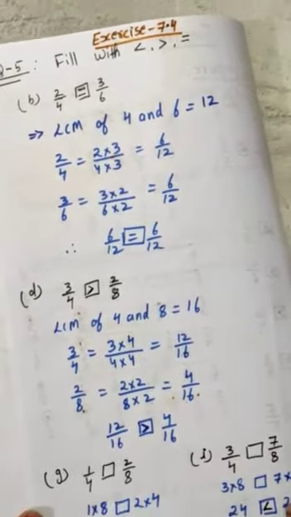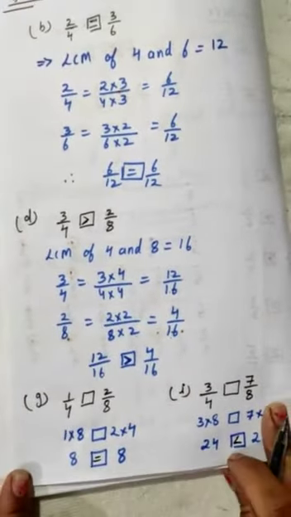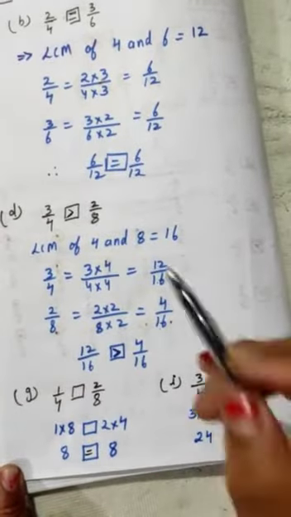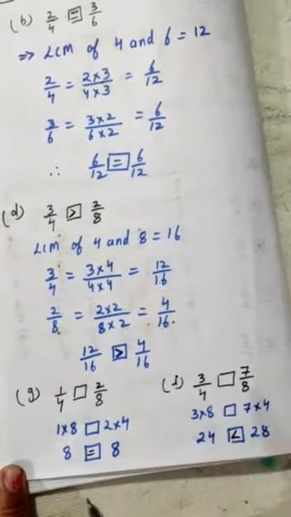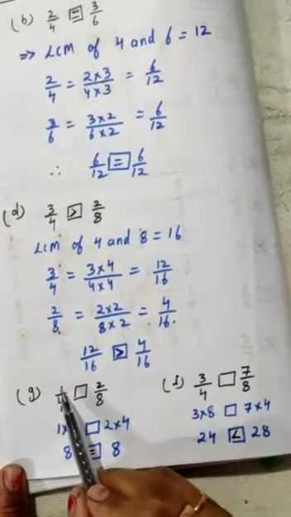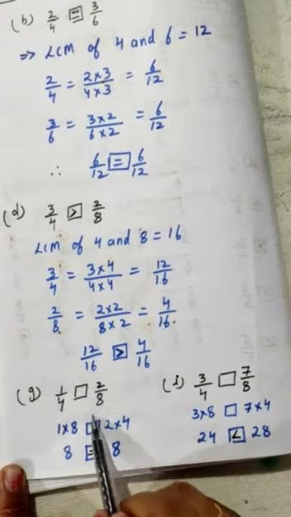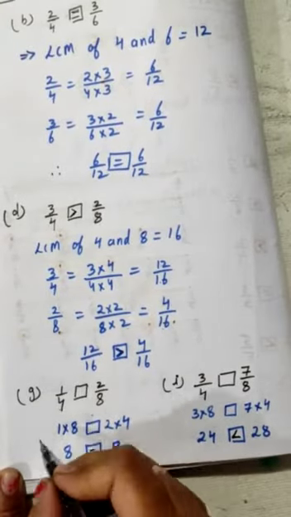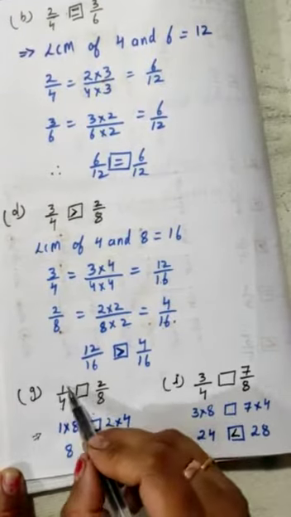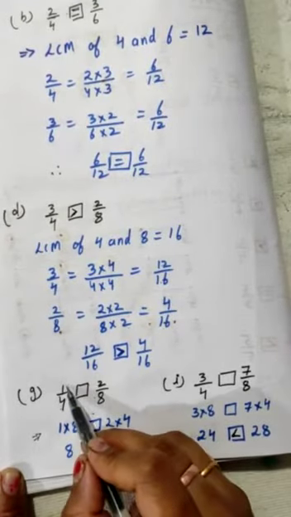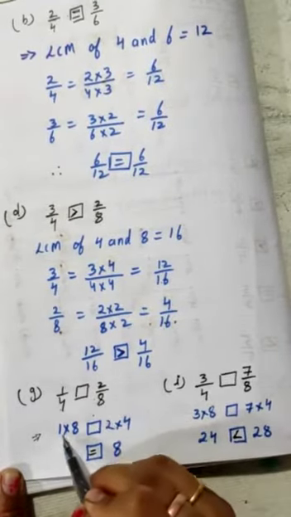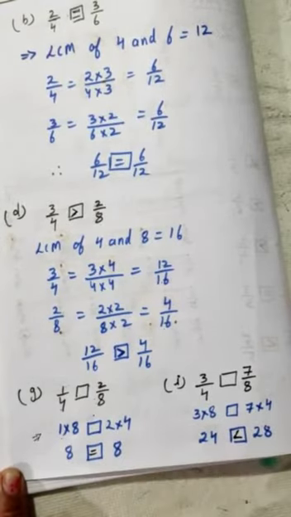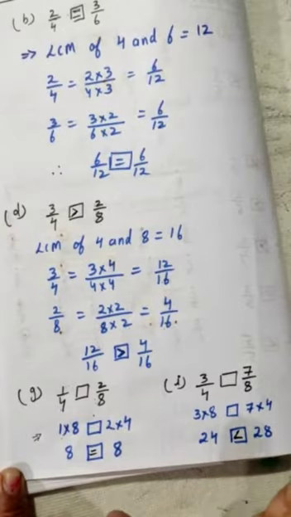Now I'm explaining you one short method. This method is the proper method. One short method also I'm explaining you. So it is 1 upon 4 and 2 upon 8. You have to compare these two. So how to compare? You can do cross multiplication. 1 into 8 you will write on left hand side. But in this you have to take care, you have to write at the proper places. If you are changing the place, your answer will be wrong.